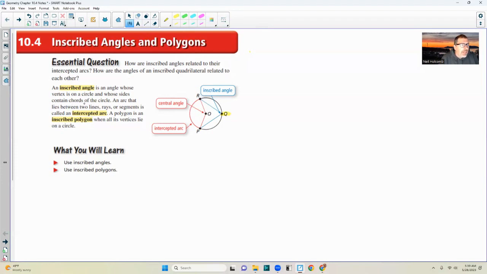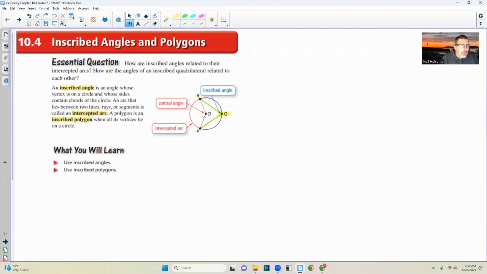Okay, and whose sides contain chords of the circle. So this blue line here, PQ and RQ, are chords because their endpoints are both on the circle. So that is an inscribed angle, an angle whose vertex is on the circle and whose sides contain chords in